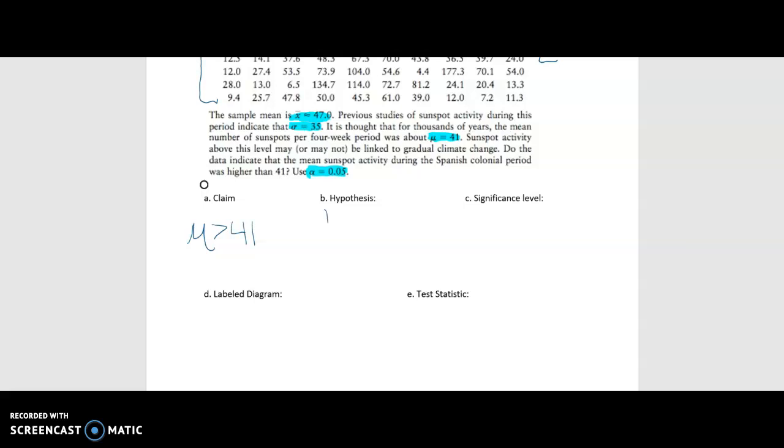For our hypotheses, the null hypothesis always has an equal to sign, so it's mu, because we're talking about means, equals 41. The alternative hypothesis would be that mu is greater than 41. Note that the claim and the hypotheses should always have the same numbers listed. And then finally, our significance level, alpha, is given to us in this problem as